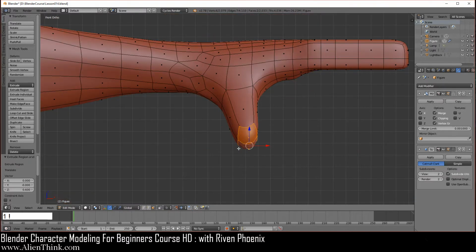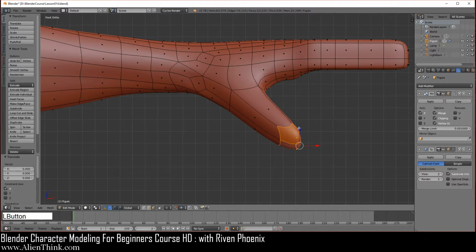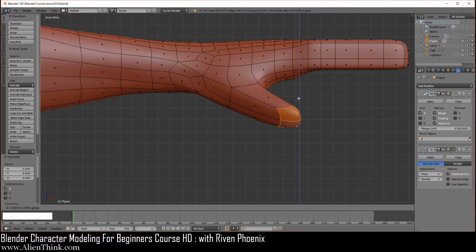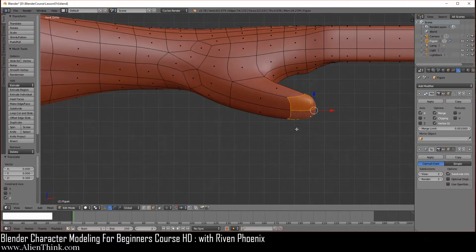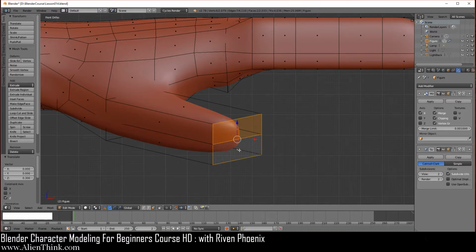Then go to your front view. Now click on this red arrow, and we're going to take it to the right. 1, 2, 3, and then 4. Now take it up. 1, 2, and then 3. Okay, so now shift middle mouse button to pan over here. And what you want to do is under your modifiers, we're going to click this over here so we can see the actual cage. Now go to your right view by pressing the 3 key.